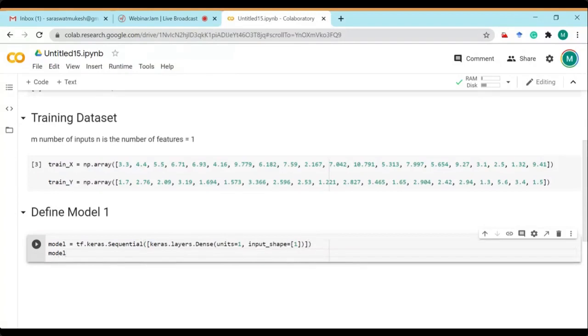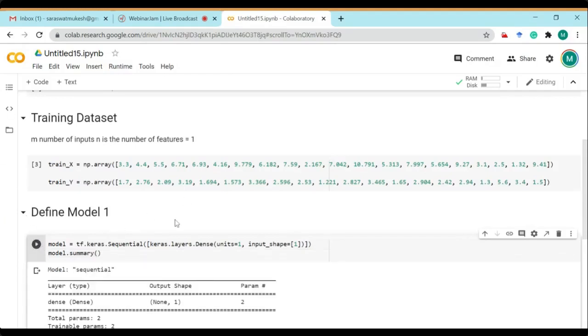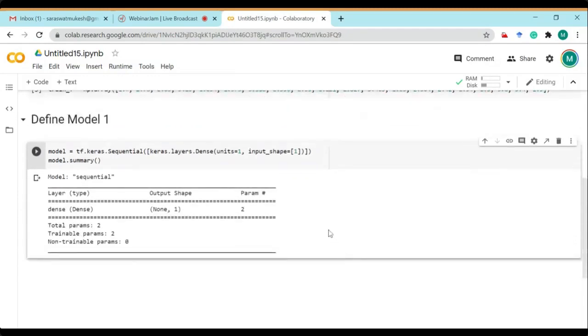To see the model summary, we can write model dot summary. And let's try to execute this. Yes, you will see here we have designed a model. Now what is this model describing? This model is describing that we are using a dense layer.